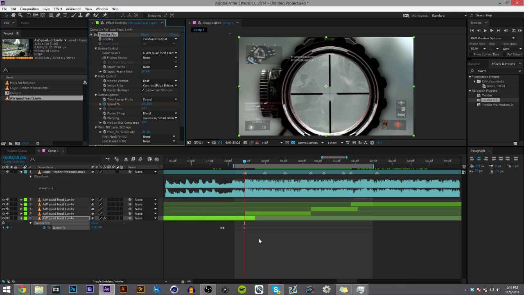Advanced Warfare has really slow scope in times, so I recommend using a speed like 300, 250, something like that. For games like Black Ops 2, I'd use 200, and even for some games like MW3, maybe even under 200, because that game scopes in really fast. So what you're going to do is you're going to select these 2 keyframes right here,